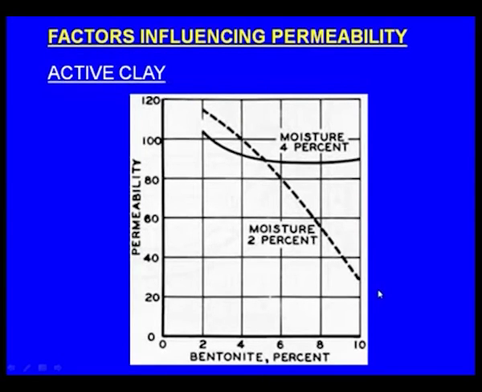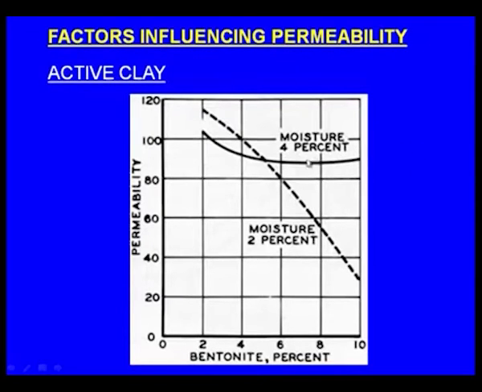But as we increase the bentonite content, what is happening to the permeability? It is gradually decreasing. What we can conclude is that with the increase in the bentonite or the clay content, permeability gradually comes down, because bentonite is made of fine particles, so they occupy the clearance between the sand grains, and that is how they block the hot gases or the steam. The same is the case with this 4% moisture. Here also, with the increase in the bentonite or the clay content, the permeability is coming down.